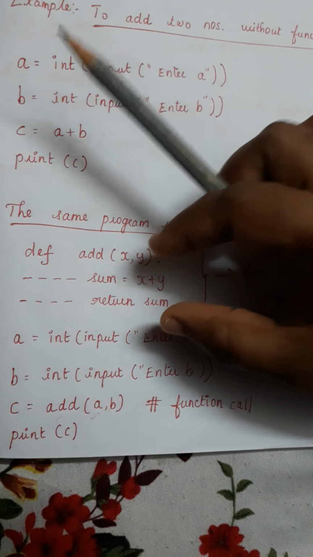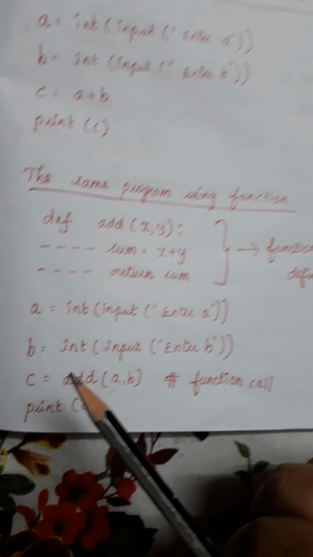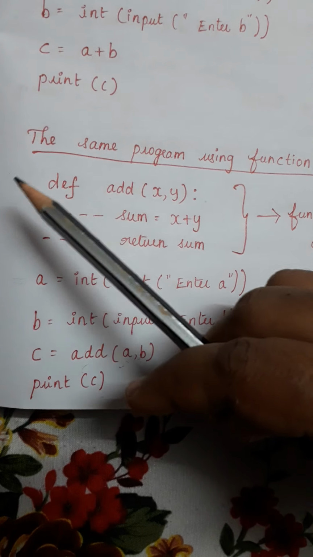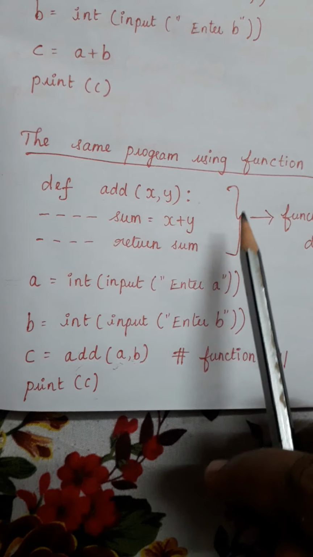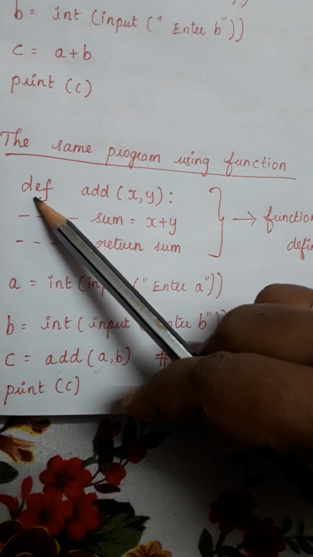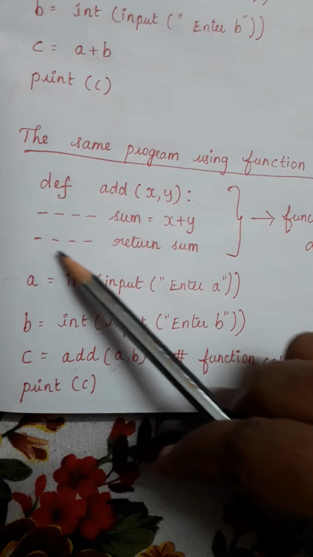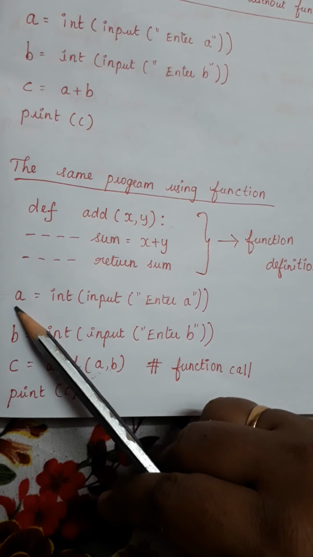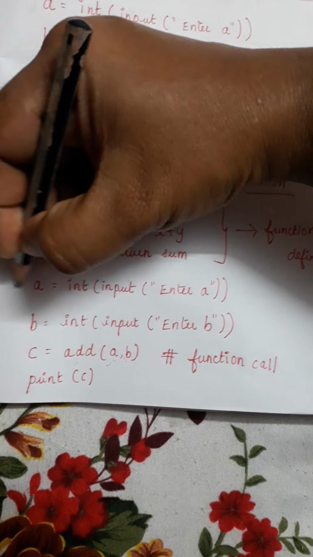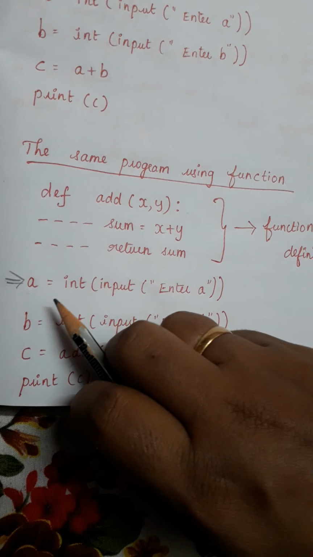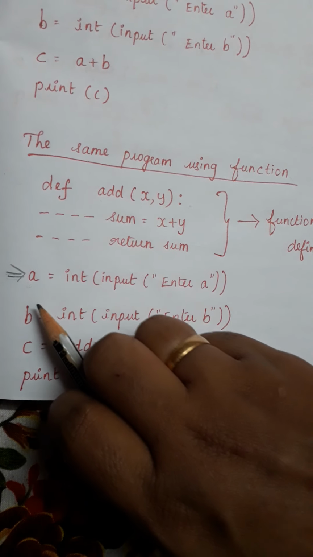Okay, you may have a doubt: since I have defined this particular line first, does the program execution start from this line? No, definitely not. Though I have written this as the first line of the program, this part does not get executed first. The program gets executed from this particular line only. That is, this is the starting point of the program. So first you will get the value of A from the user, then the value of B is got from the user.